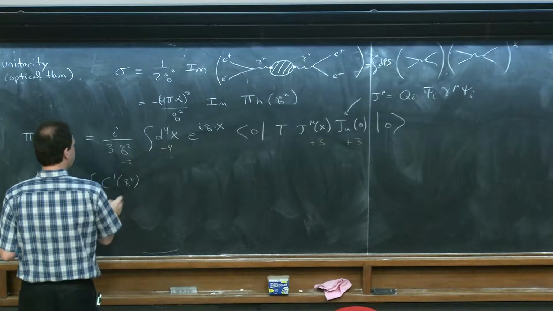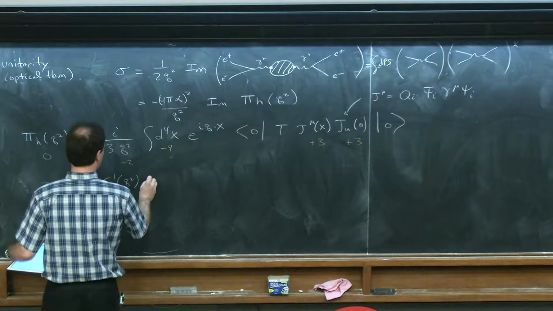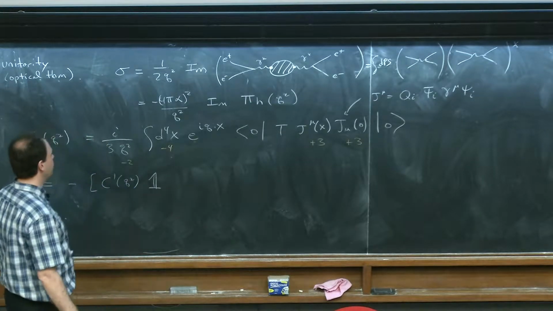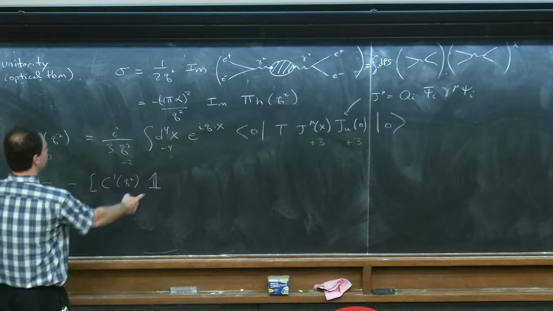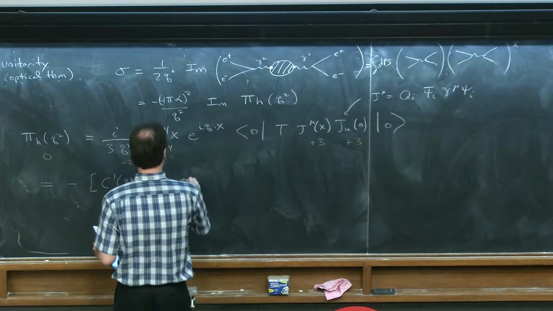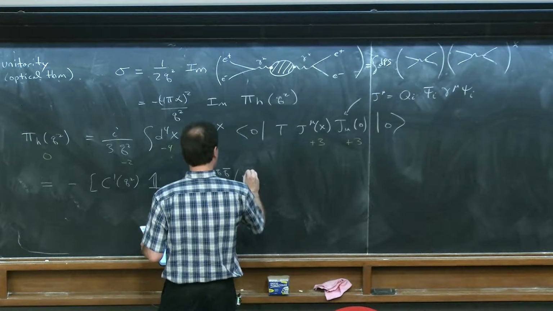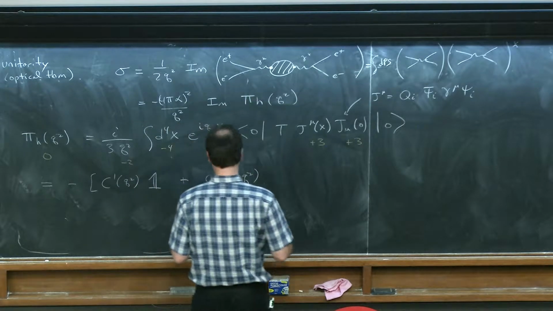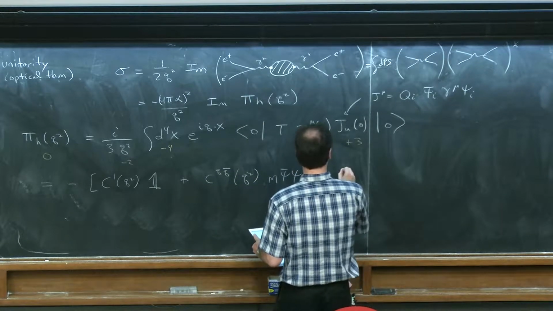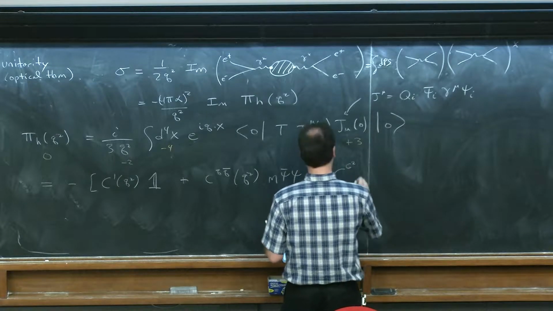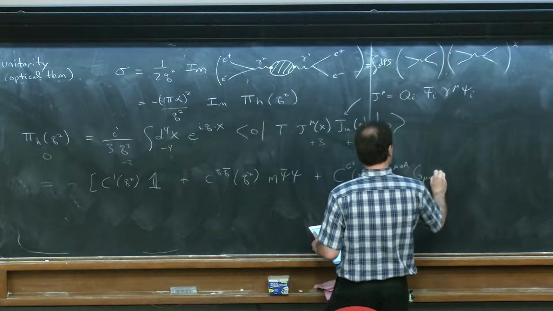So the reason that we're interested in looking at the dimension is because we have to write down operators with the right dimensions and the right quantum numbers. And actually, in this case, the simplest operator with the right quantum numbers is just the identity operator. It's dimensionless. And so what this is an expansion in is an expansion in the dimensions of operators, where we start with the lowest dimension operator and then we go to higher dimension operators. So we could have psi bar psi as a higher dimension operator, or we could have G mu nu as a higher dimension operator,